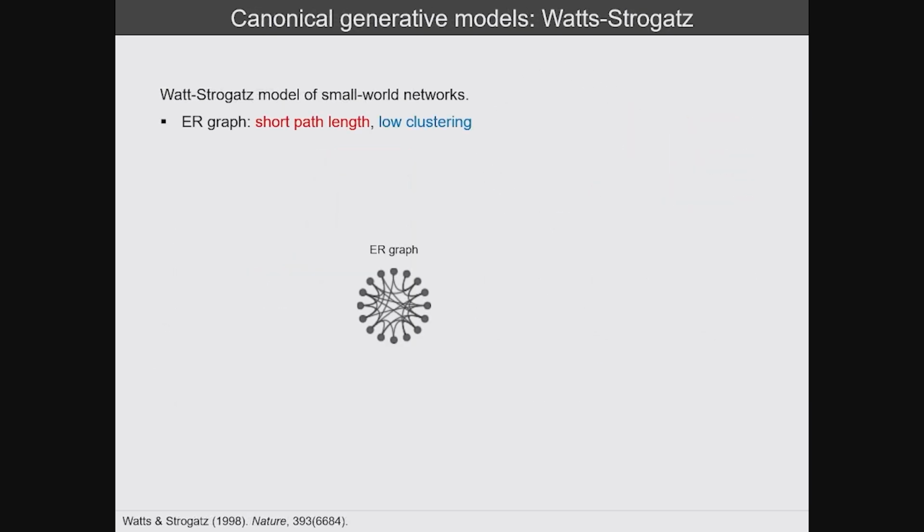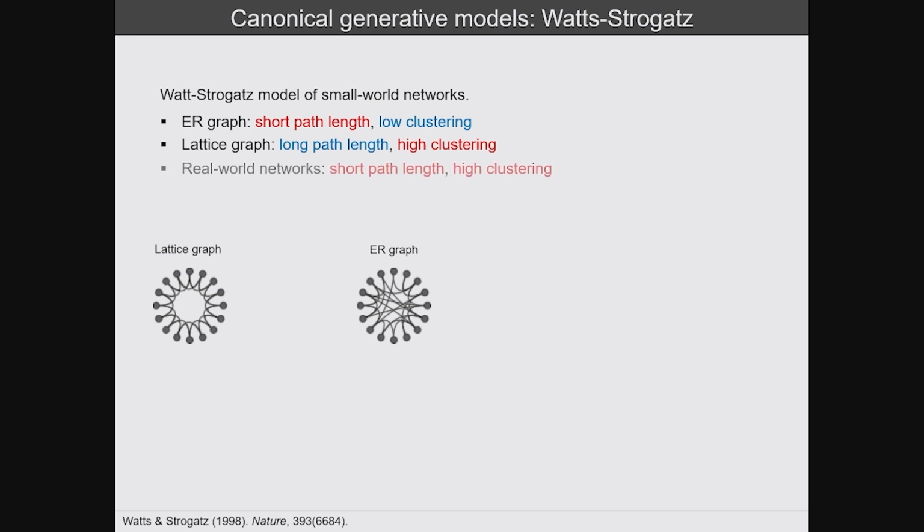So the more complicated models, the so-called Watts-Strogatz model of small world networks. That ER network has basically no local clustering, but has very short path length. Another, I guess we could consider this a generative model, but the lattice graph, there's a question about this in the last Q&A, has extremely long path length, but very high clustering. In 1998, Duncan Watts and Steve Strogatz noted that real-world networks don't look like either of these two things. So they proposed a model